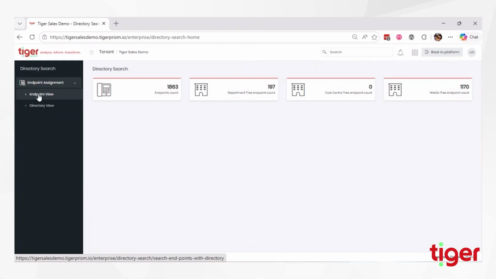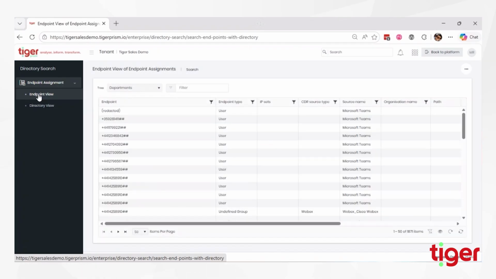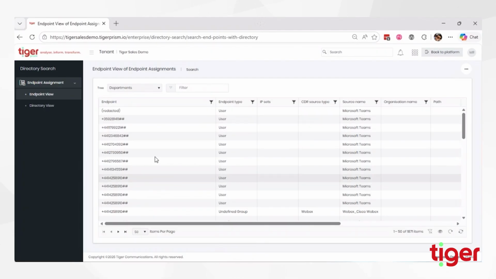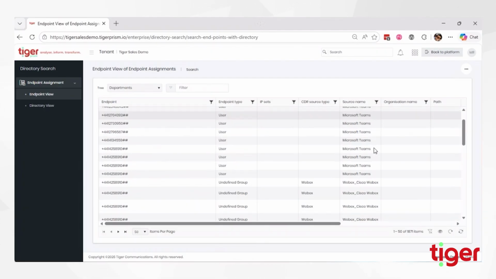So I'm going to start by looking at our endpoint view. What this means is that this view is endpoint centric. Everything here starts with the endpoint, and then you can apply additional columns over here. In the simplest sense, this is anything that we've loaded data into Prism for. Correct, yeah. Any phone numbers that we've learned, it doesn't necessarily have to have a tree path. It doesn't need to be in your directory. This is endpoint centric, so all of your endpoints,